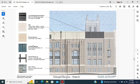Let's see if you'll be able to see them of the stone. It's a little bit different again, as I said. It's a little less brown. There's a little more gray and black in it, but it does match Mendel Hall. When I mentioned, and I think this is important for you to understand,